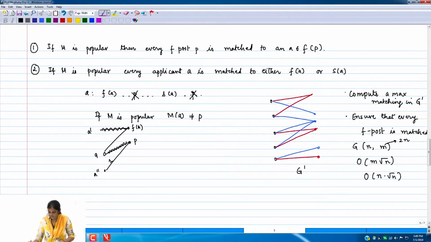Okay, so it seems to say that every applicant is matched either to its F of A or S of A. So therefore it must be matched. But why do you say no? Right, but I never said that it should not be a last resort, right? So it can be matched to a last resort. It may not be truly matched, but at least in the dummy sense, it is matched. So it is matched, right? It may be matched to a last resort, but it is matched. So